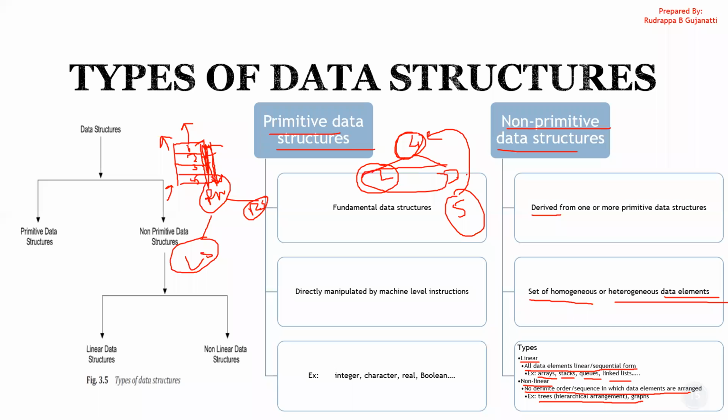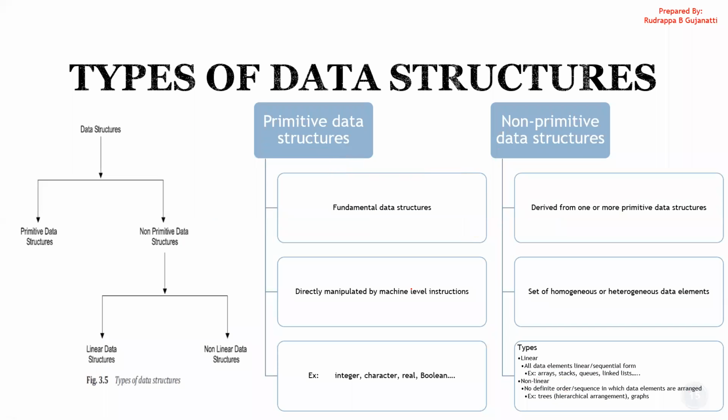But here, suppose I want to insert, delete, or do some operation, there will be changes happening in the entire structure. But here, if I want to add, it will come and add at the end only, if it is a queue. But in trees, this is not present. So when we go to the topic of trees, there we'll get to identify what this actually is. So in linear data types, all the elements are arranged in linear or sequential form.